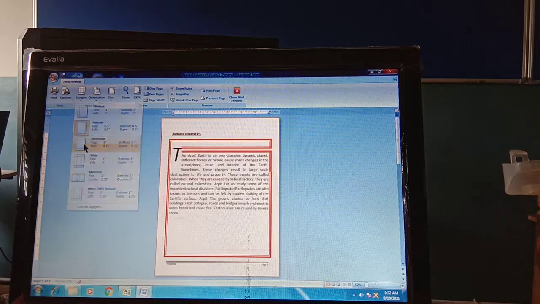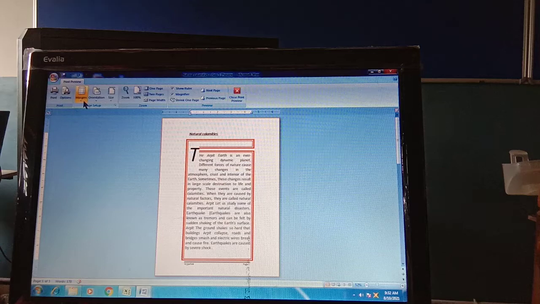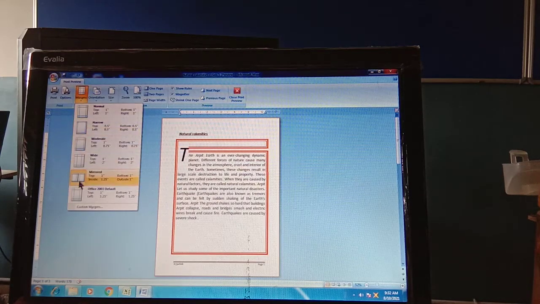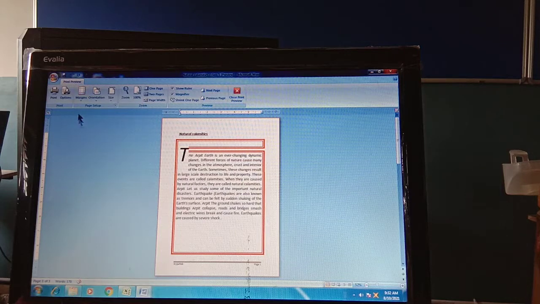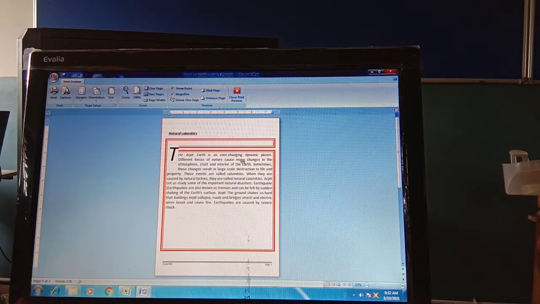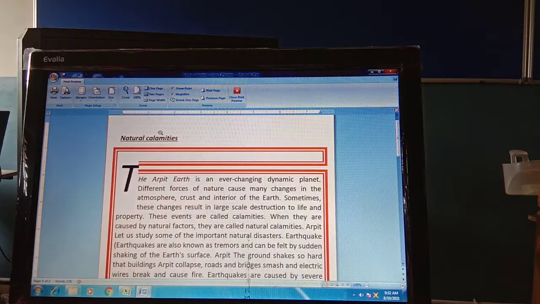If you want it moderate, you can choose moderate. You can have wide margins, you can have mirrored margins. For example, if you want a narrow margin, you can choose that. And you can set your margin according to your need also.